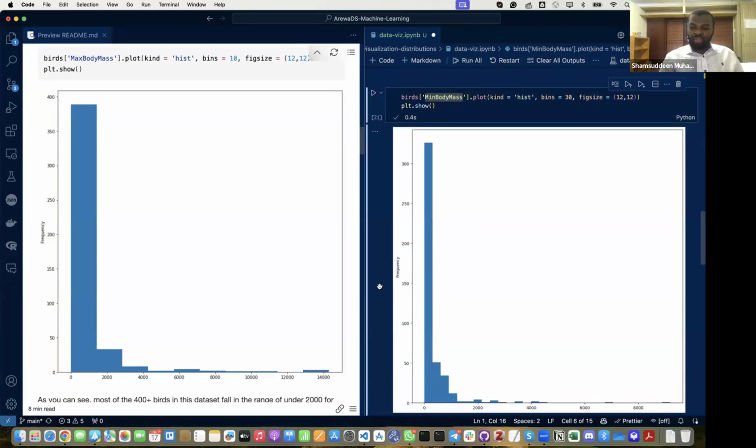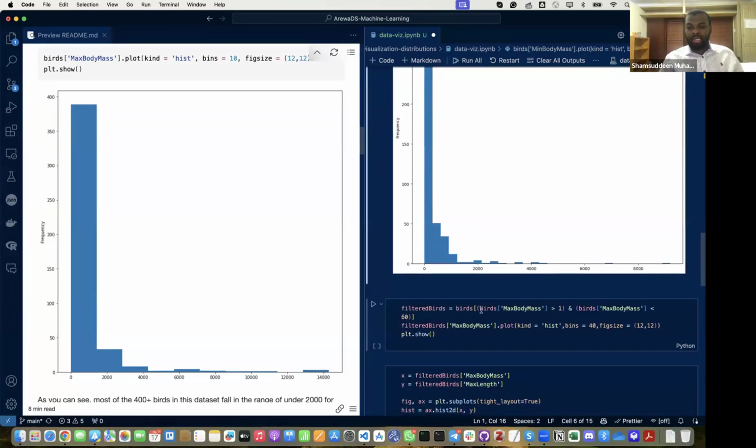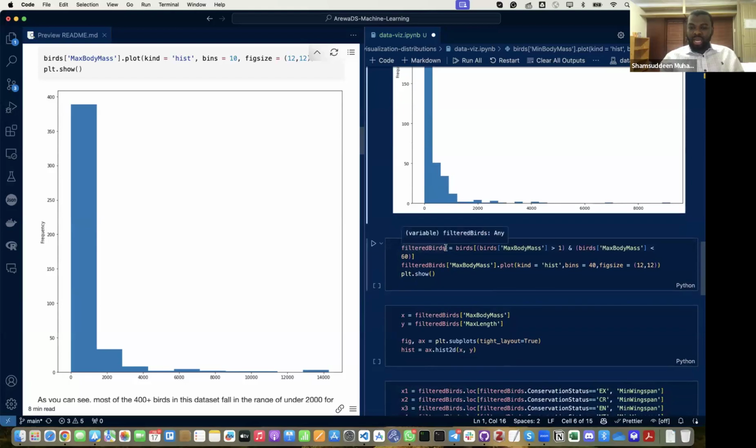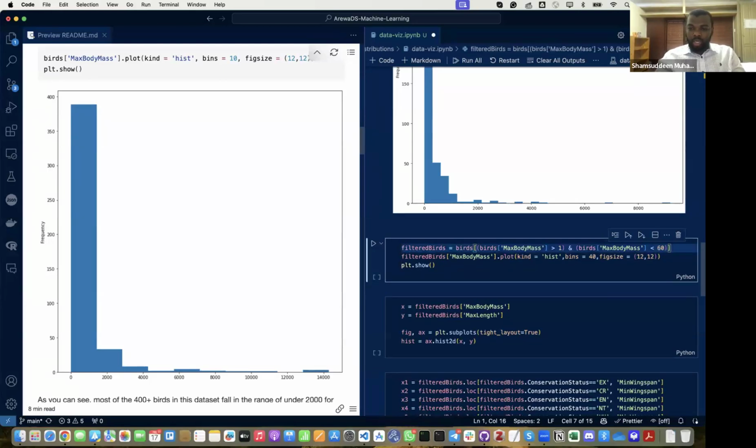But then you don't want to plot for everything, so you can filter. You can select from 1 to 60, meaning greater than 1 but less than 60. You can specify less than or equal to, or whatever. So you just want to see, from this certain range, how is this looking on my histogram? So here you select the filtering. You select the filtered data, and if we look at this, instead of just plotting, we can